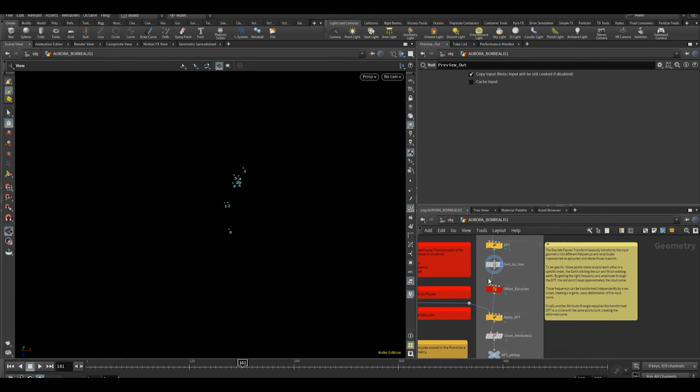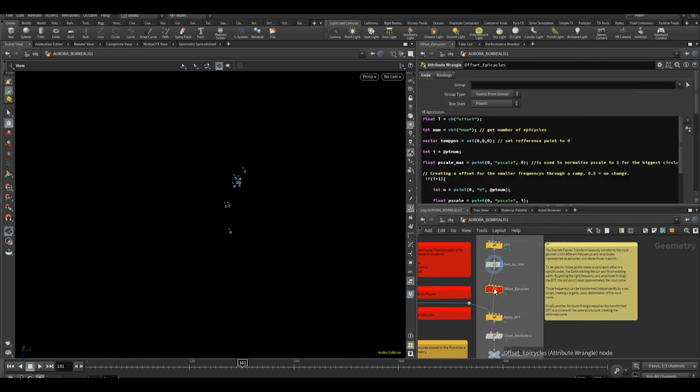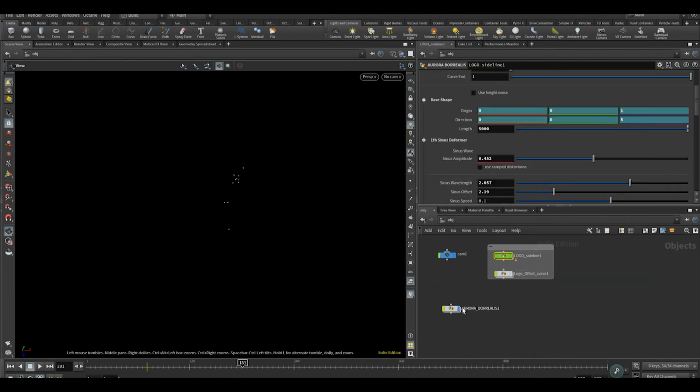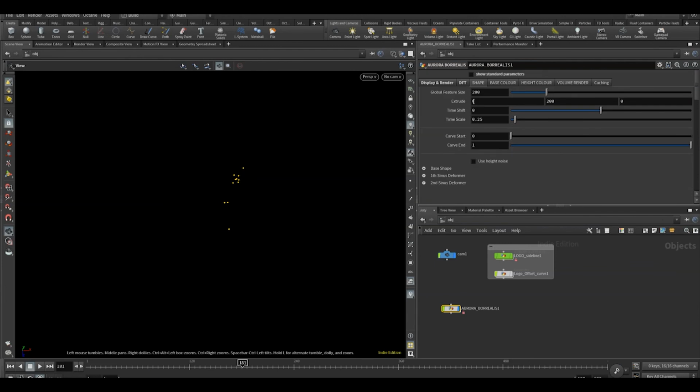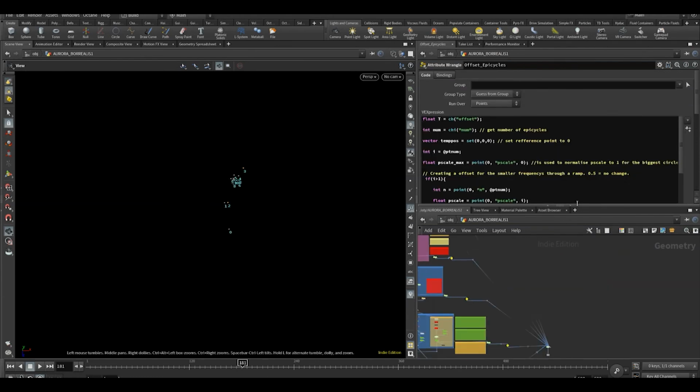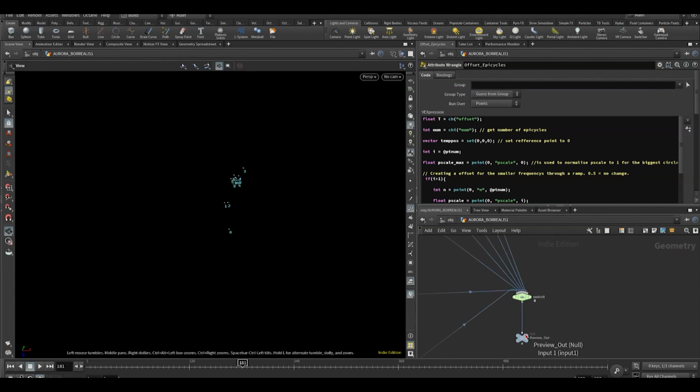Now what I can do is I can offset those epicycles, and with that I kind of shift the frequencies that compose this shape. So let's go back here, and set this back to 50, and we actually need to display that flag back here. Okay,